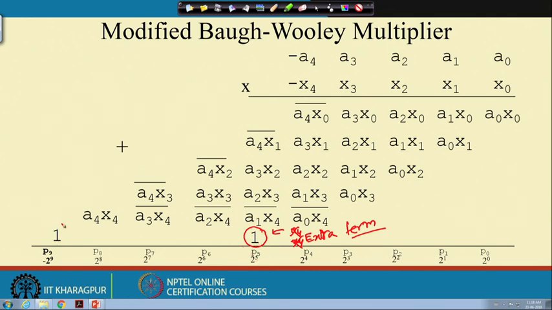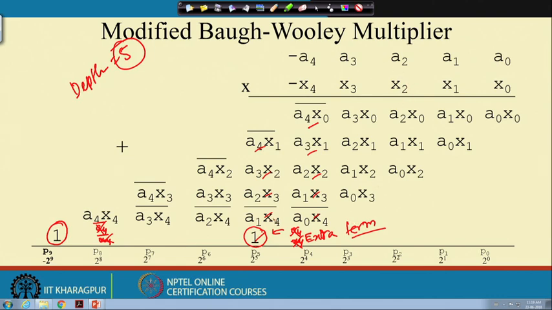Okay. And here initially, I think for this particular position, it was a4 bar and x4 bar, but it is also not required. So, 1 is coming over here at 2 to the power minus 2 to the power 9 position. Okay. So, now what is my maximum depth? That is 1, 2, 3, 4, 5 over here, 1, 2, 3, 4, 5 over here. So, that means now the depth is maximum 5.